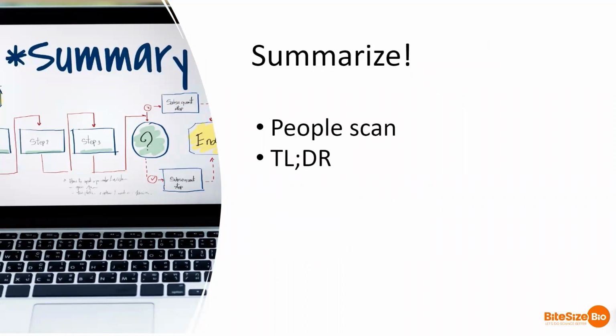Summarize. This is a really critical thing to do. At the end of an article or content, have a section where you basically summarize everything that you've just said in a couple of sentences. So often this is known on the internet as a TLDR, too long didn't read. And this is a really great way, again, because of the way people digest online content. They scan it. A summary paragraph at the end can provide a section for readers who have a particularly short attention span and just want the answers. They can get it straight away.